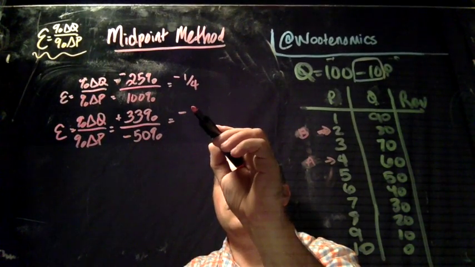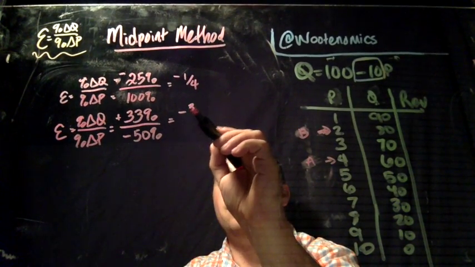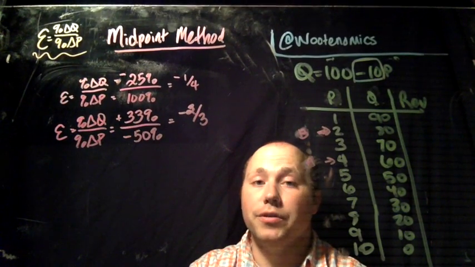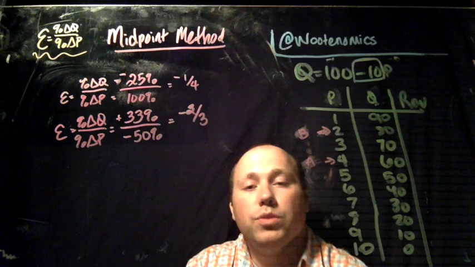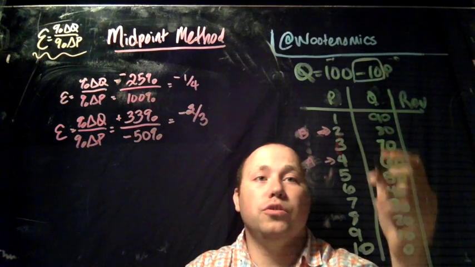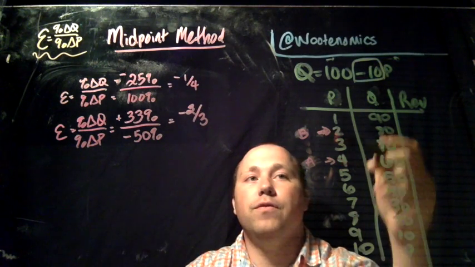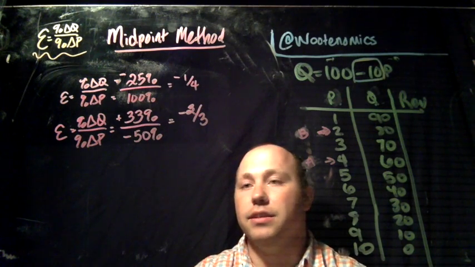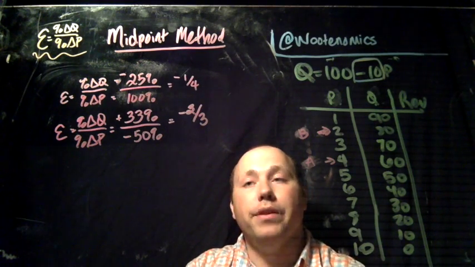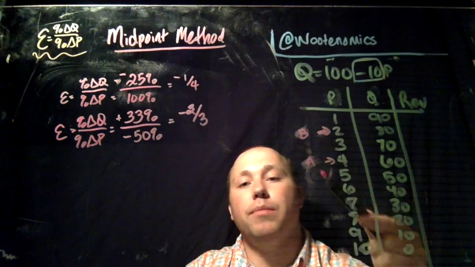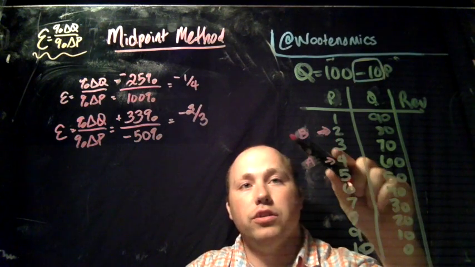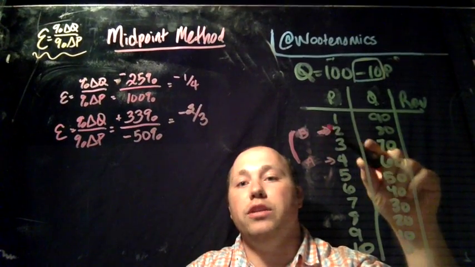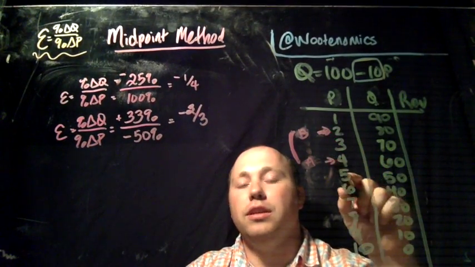As a result, we now have an elasticity that's negative 2/3. So depending on which one's our starting unit, whether we start at 2 and go to 4, or whether we go from 4 down to 2, we actually get two different answers in terms of our elasticities. This is where the midpoint method comes in and is pretty nice when we're talking about elasticity over a range. What we're really interested in is what's the elasticity over this range from 2 to 4, not necessarily elasticity at